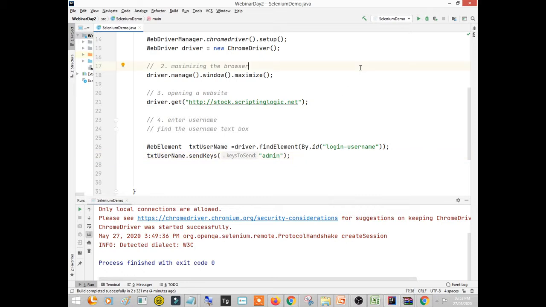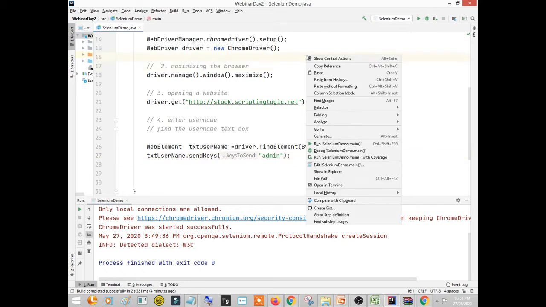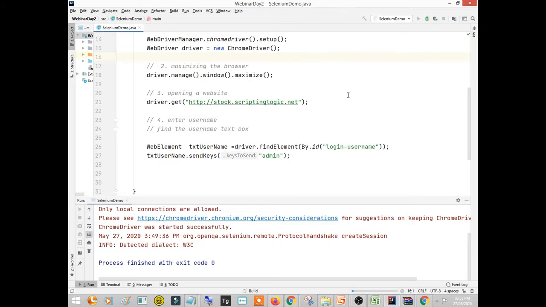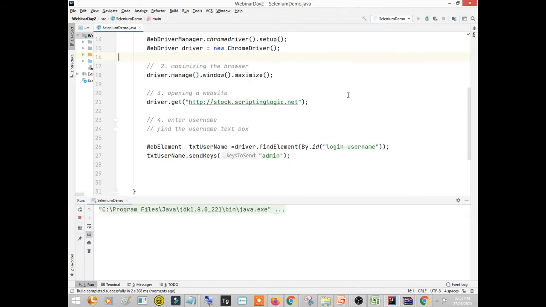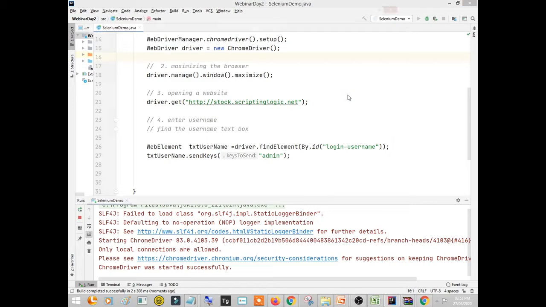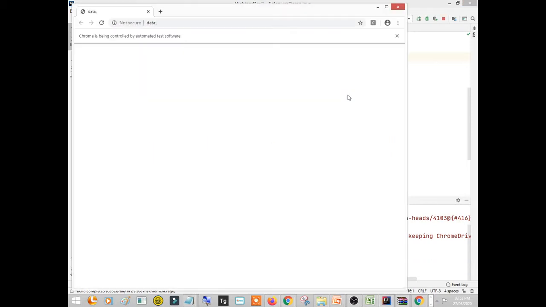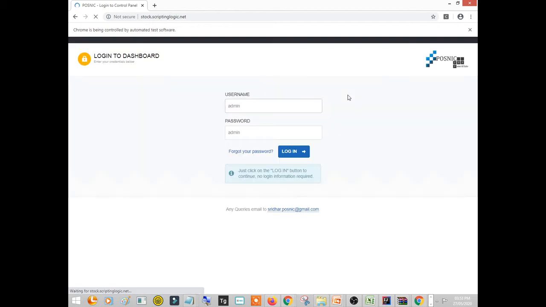Okay, so now save this, right click and run. So the browser is opened, and you see the username is entered into the text box, right?